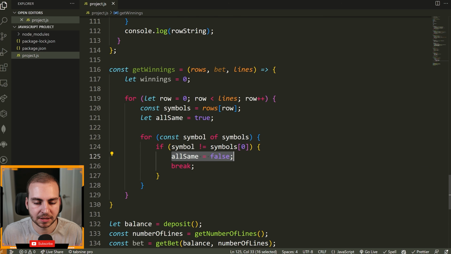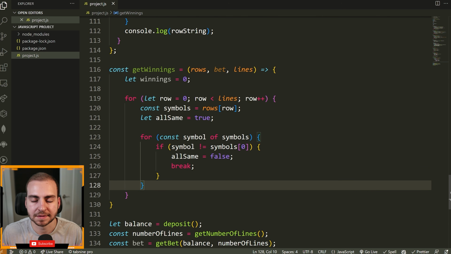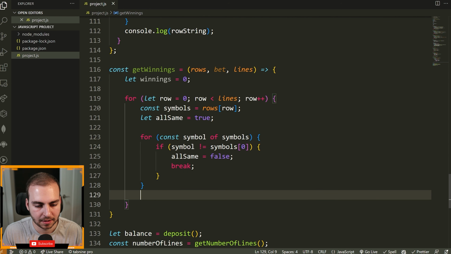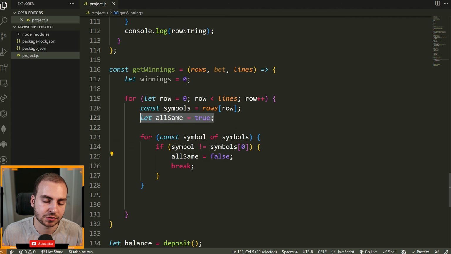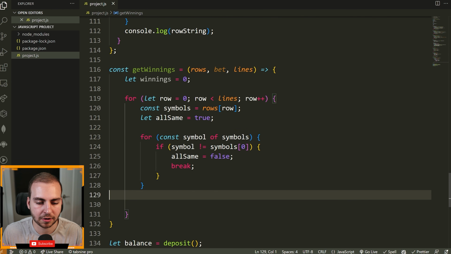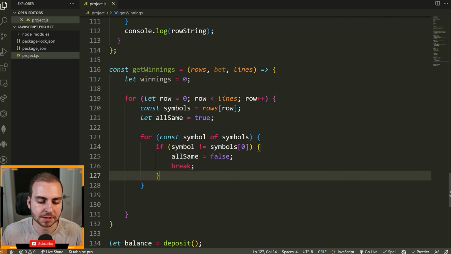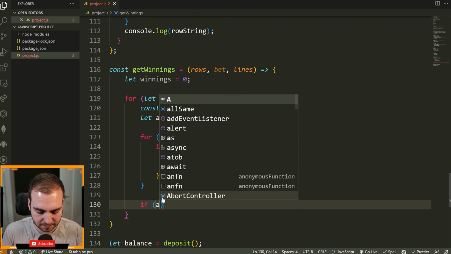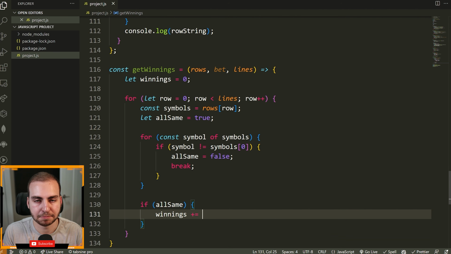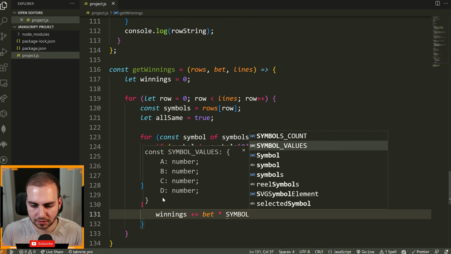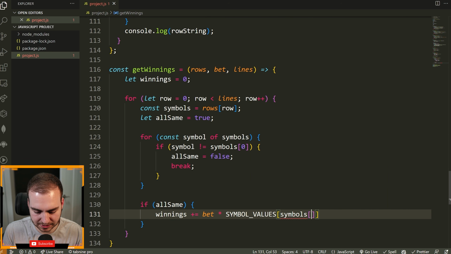So we're setting allSame equal to false, and that means we did not win in this specific line or in this specific row. So now we come down here after we've iterated through, and if allSame is false, we didn't win. If allSame is true, we did win. Because if it's true, that means we got through here. This was never the case, and that means that all of the symbols are the same. So we're going to say if allSame, then winnings, and this is going to be plus equal the bet multiplied by, and then this is going to be the, not rows, sorry, the symbol values at symbols at index